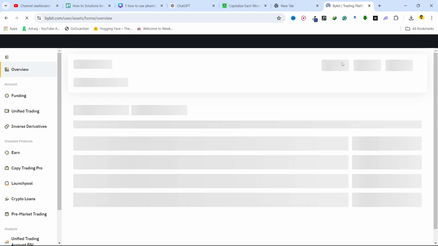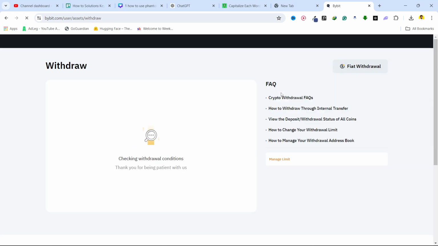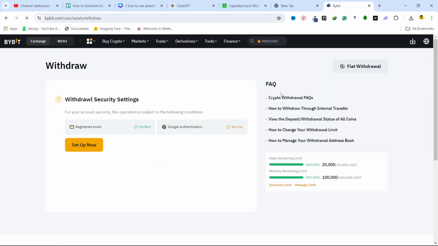Let me show you. Here it is, click on withdraw. And once you are on the withdraw page, you simply need to set up Google Authenticator. So click on setup now, and once it is set up, you have an option to select the coin, and